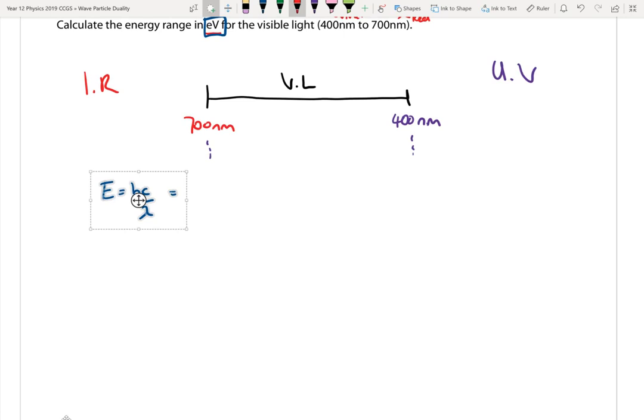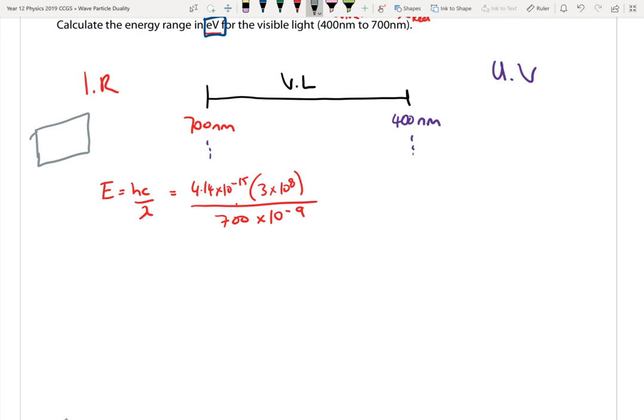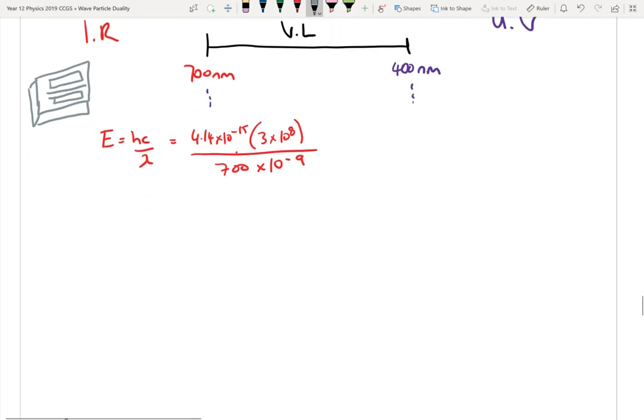Can I just do that and then do that? Yes, that's better. So, 4.14 by 10 to the negative 15. Speed of light. Divide by its wavelength, 700. If you haven't already been told by me at some stage in your education, use this lovely button. Use the fraction button here, gentlemen, because we've got lots of brackets, lots of indexes, lots of numbers. We're dividing, we're multiplying. So make sure you use that fraction button. It'll reduce the risk of making a mistake. We get around about 1.77 eV, which, if we wish to convert,